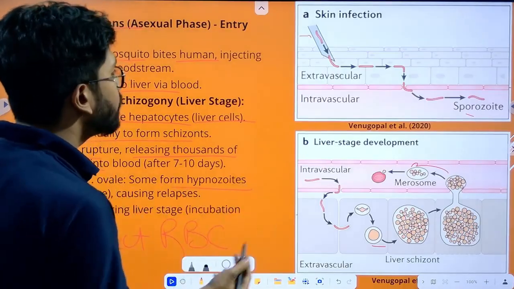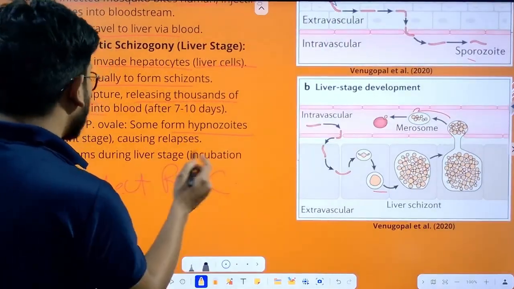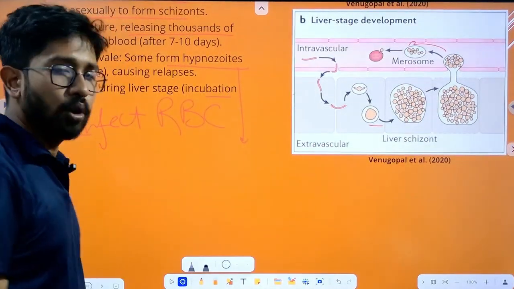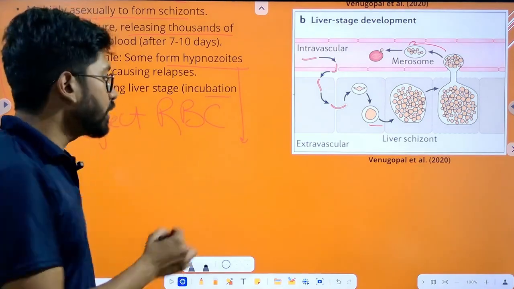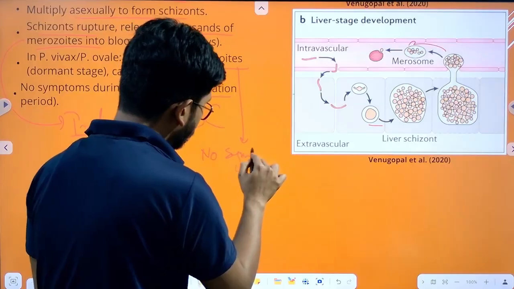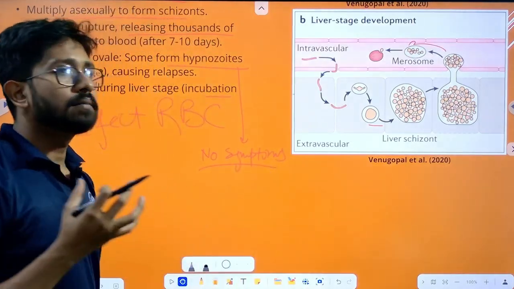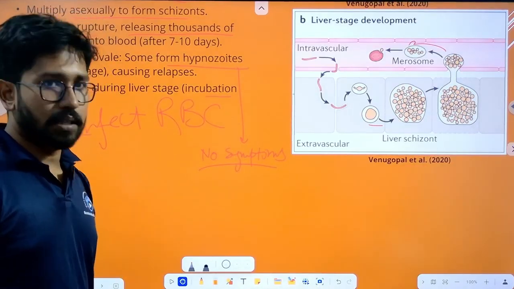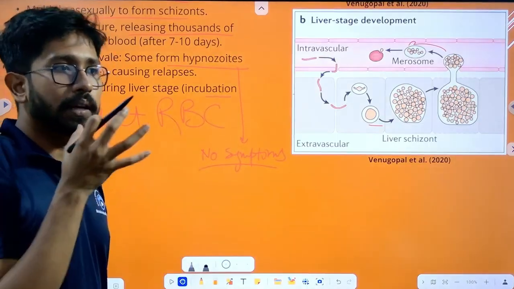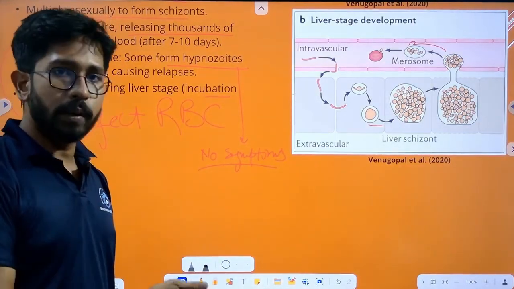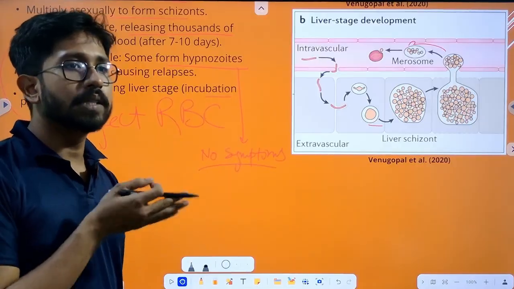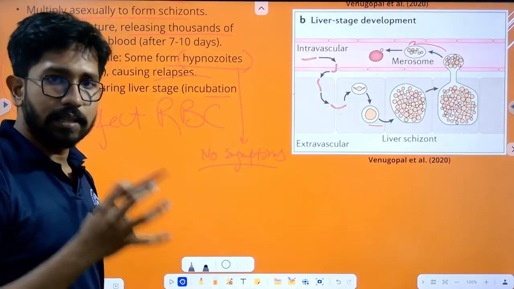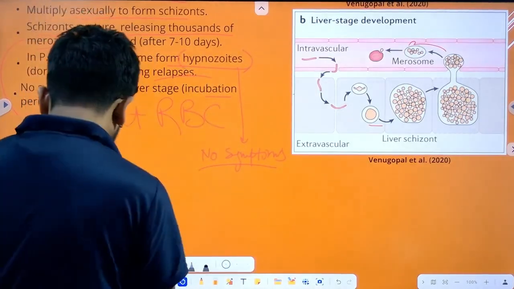And there is one more thing called hypnozoite. It stays in an incubation phase. Hypnozoite stays in your body without showing any symptoms. It is an incubation stage, or you can say a suppressed stage. When the parasite gets a suitable environment inside your body, or your immune system is a little bit weaker, then they will relapse. So hypnozoite is the incubation or suppressed stage from where it can again affect you.